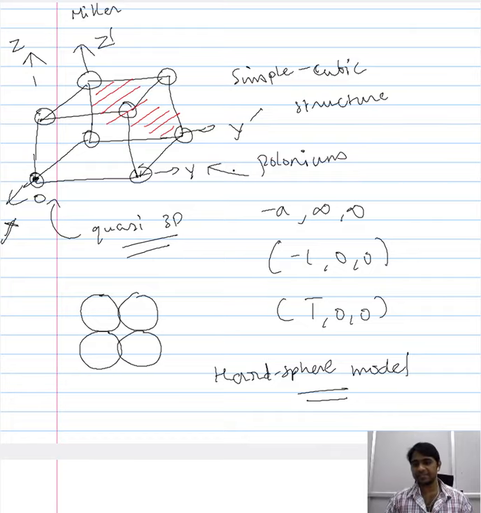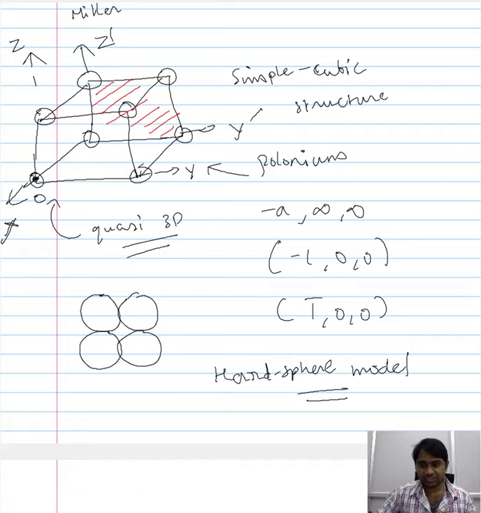Now the reason we call this the hard sphere model is that, in reality, if you recollect your fundamental understanding of atoms, which you might have learned in some courses earlier, atoms are not really hard spheres, and they have subatomic particles that prevent the complete touching of the atoms. However, for our representation's sake, we assume that these atoms are hard spheres and they touch each other in a given plane and along a given direction.